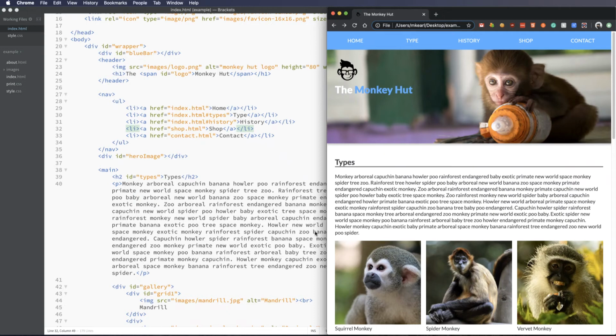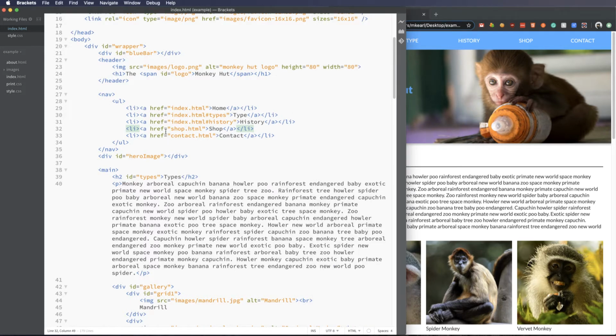I'd like to show how you make a drop-down list, meaning I can hover over one of these items and little sub-items pop underneath and you can hover over them. And there are some cool techniques we use to implement those. So first things first, inside of the list item we want to drop down,